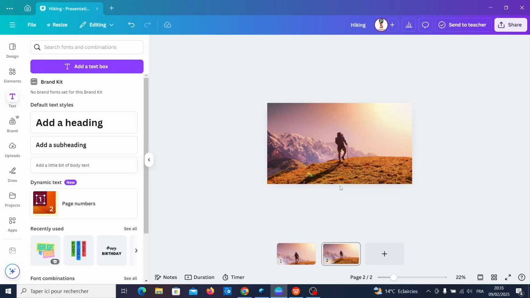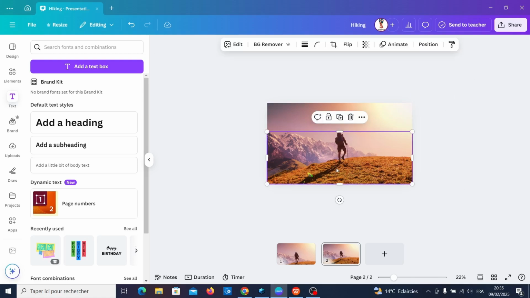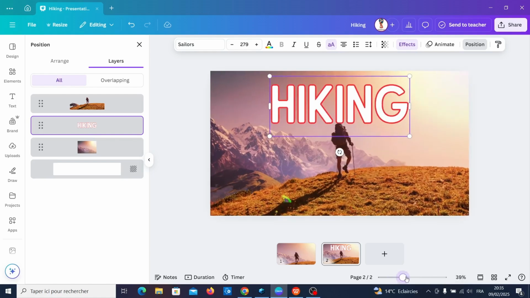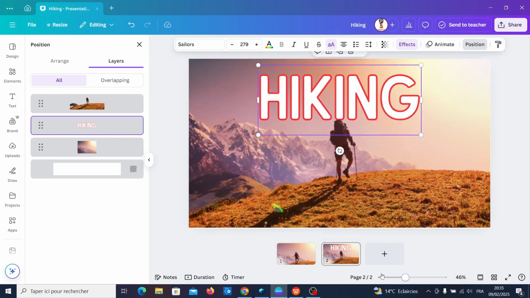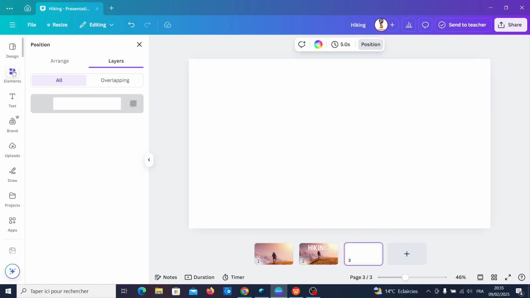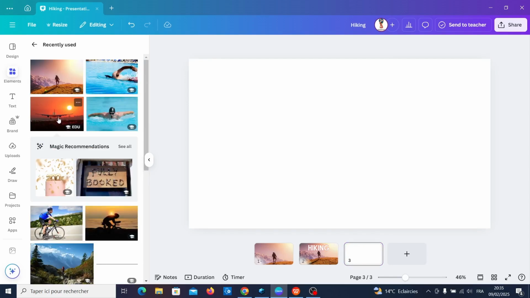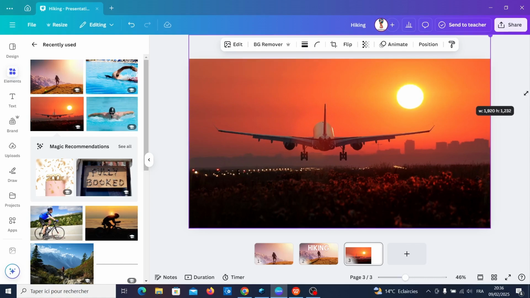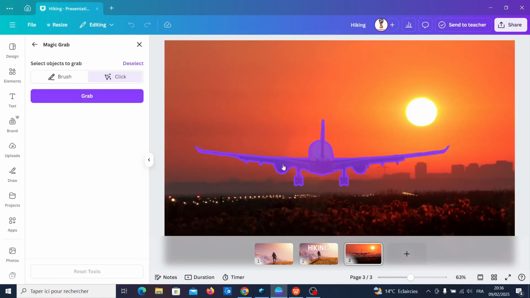Select the text and resize it, make it bigger and open a new page. Select another photo like this and make it fit with the page and go to edit and grab it also. Grab the plane